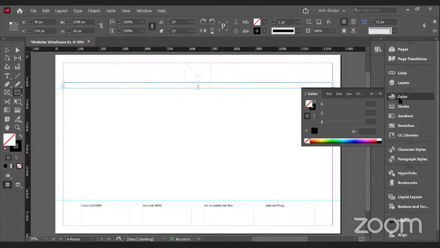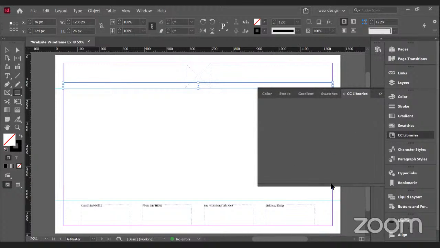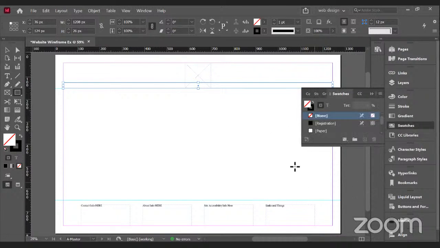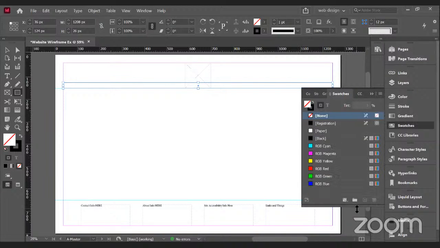So the beautiful thing about InDesign is that if you already have in your logo a set of colors for your business, for your company, you can actually save that in the Creative Cloud libraries. So if you have a set of swatches or anything like that, you can actually save it to your library as a style, and that will go with your document wherever you go. So what I'm going to do here is actually take these pre-saved swatches and